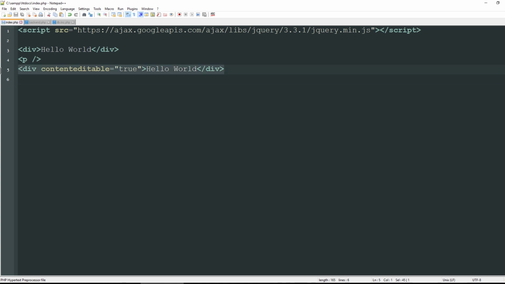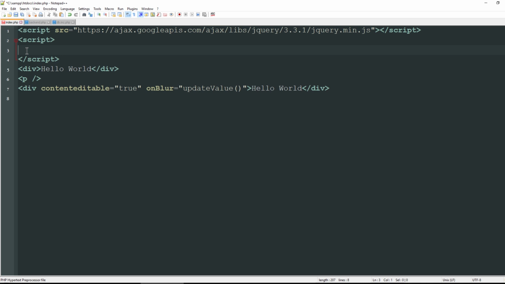Okay, so what I can do here is I can do onblur, which essentially means whenever you click off of this, it's going to do something, and we can call a function. Okay, and I'm going to create a function just called updateValue. And whenever I click on the box, click off of the box, it's going to do something. Okay, so let me create my script tags. And inside here, I'm simply going to type